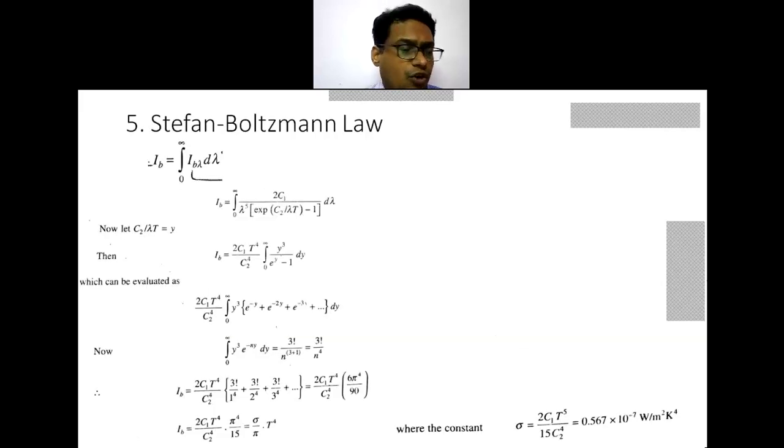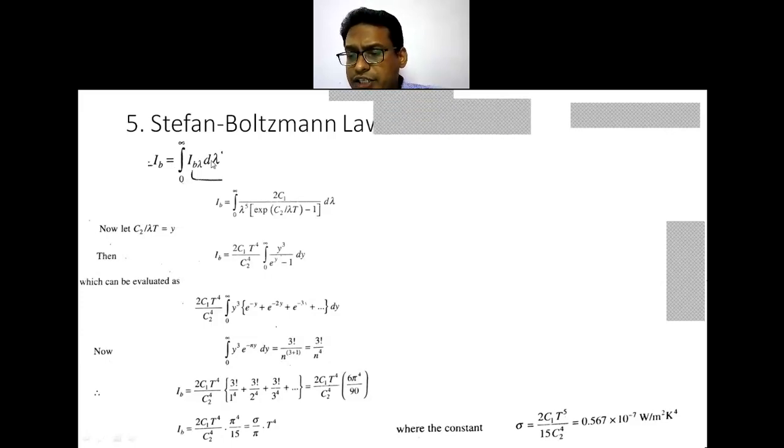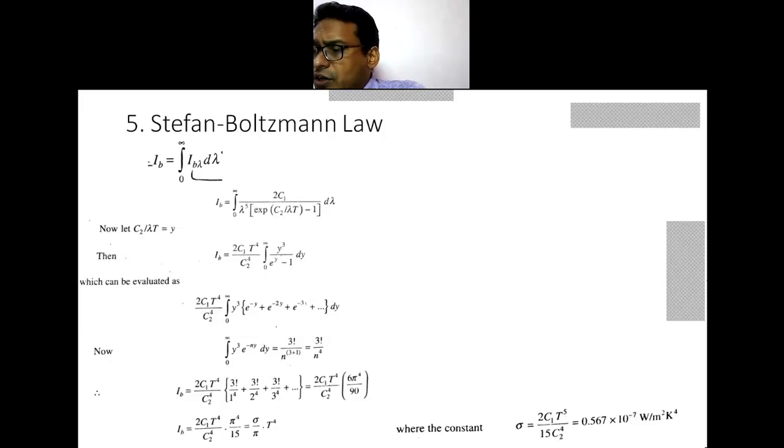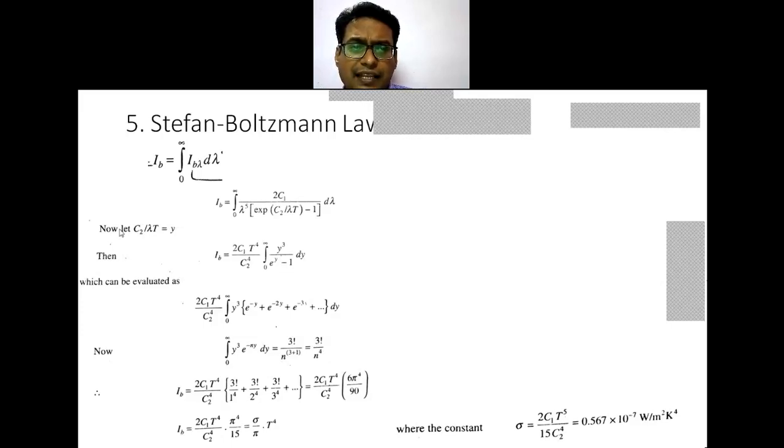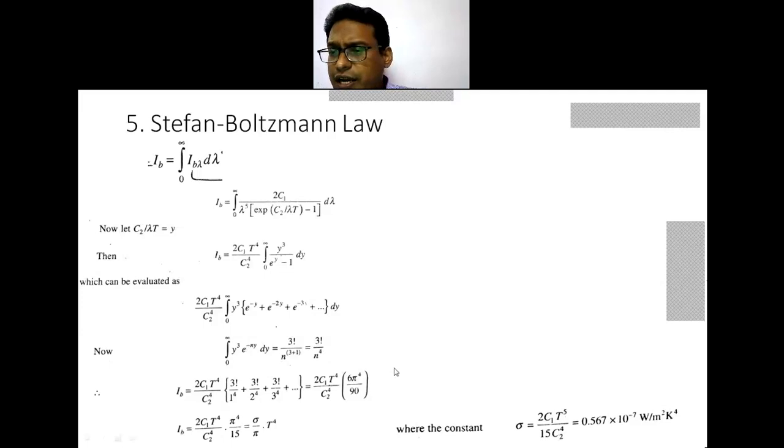The next is the Stefan-Boltzmann law, the fifth one, which is related to the total radiation intensity. It follows from the definition of the total radiation intensity, that is I_B, which is equal to the integral from lambda 0 to infinity of I_B lambda d lambda. The total radiation intensity is I_B, lambda is your wavelength, and I_B lambda is the spectral radiation intensity. So integrating this I_B lambda, which is substituted from the equation obtained from Planck's law, after integration and substitution, it simplifies,